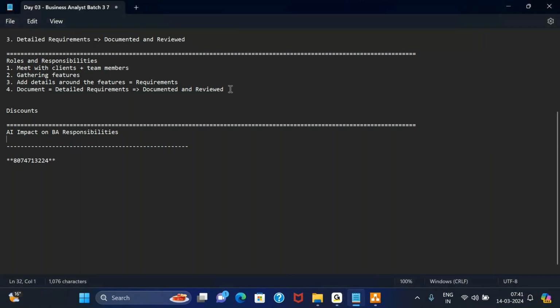Now our course will be focusing on what the business analyst will be doing in the IT industry. That is, what are the key features needed to build software, and what will be your contribution as a business analyst in building that software. Okay.